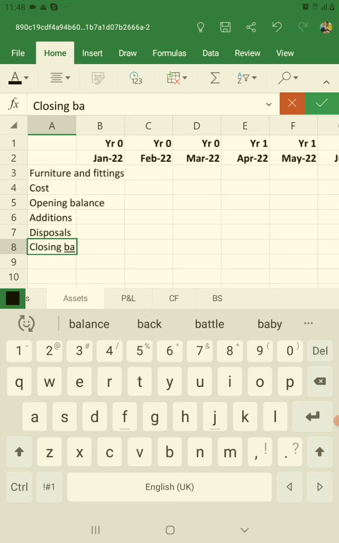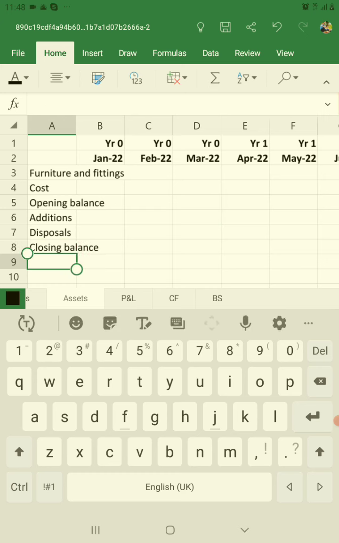So that is the structure of cost component, and